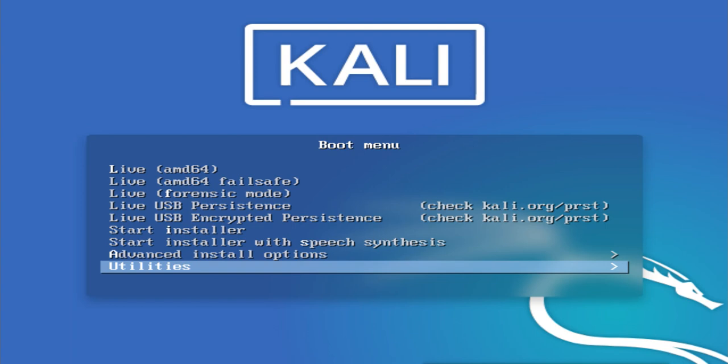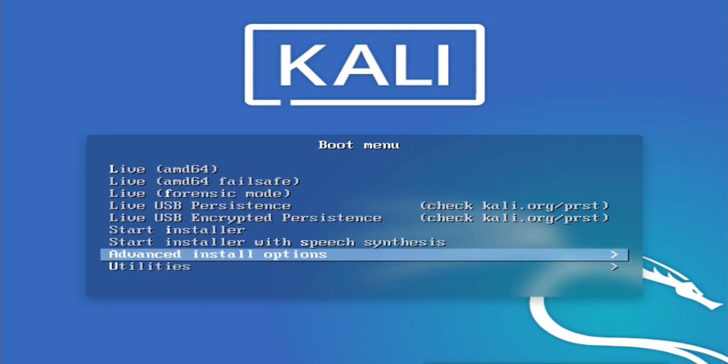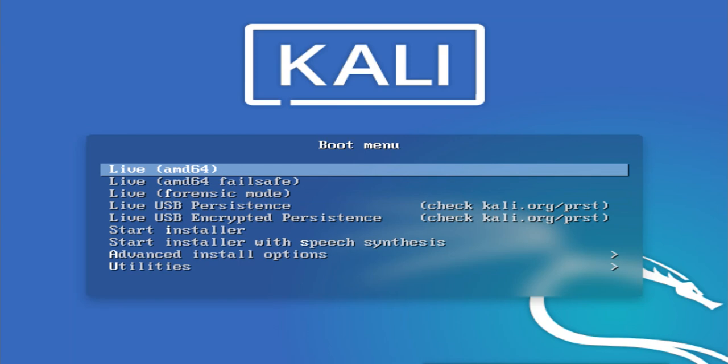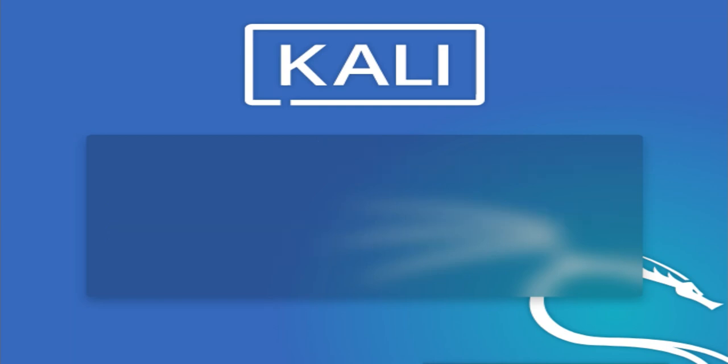So as I said, this is a live CD, you don't have to install it. So let's say I don't want to install it, I just want to start. So I can just select this live option and press enter, and it will start. And as you see, it is starting, it is loading from here.